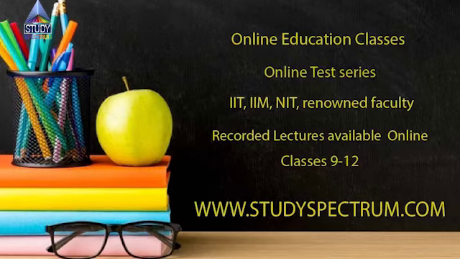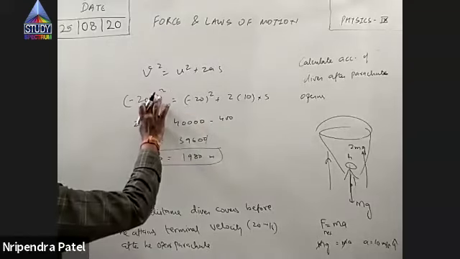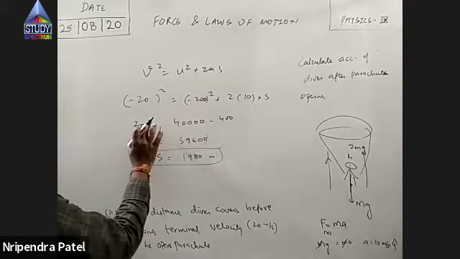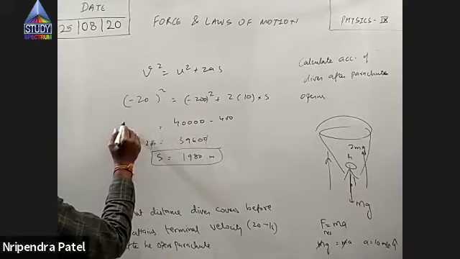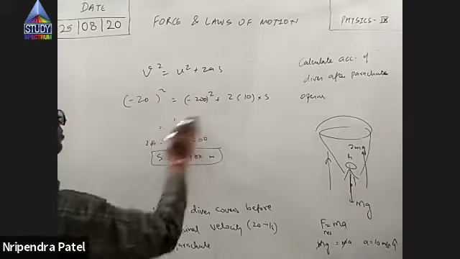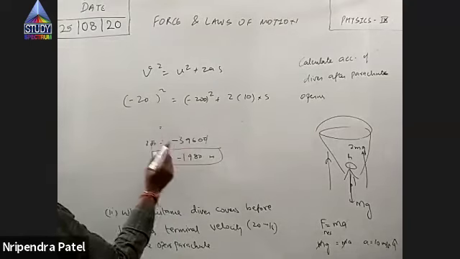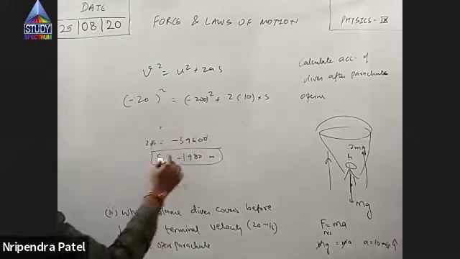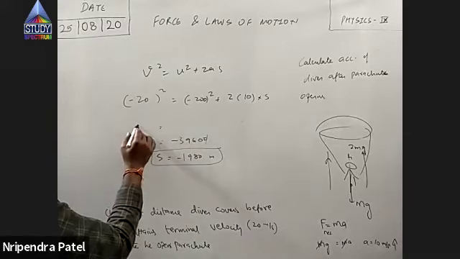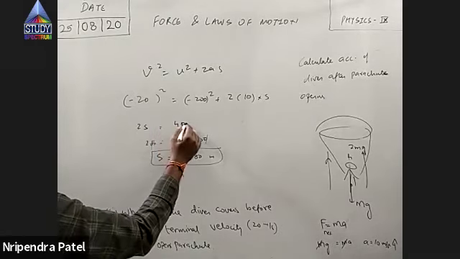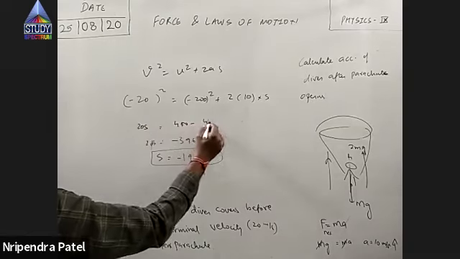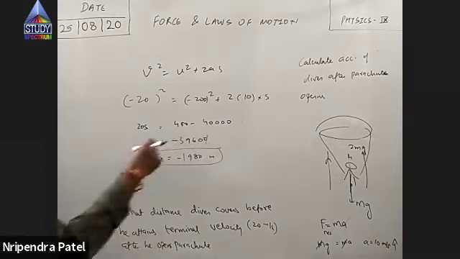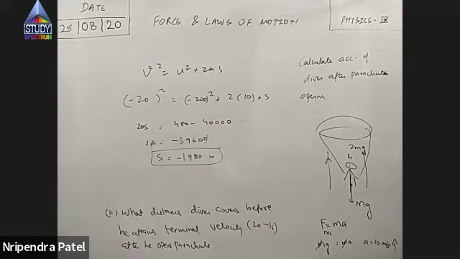No, actually I made a mistake in substitution. This is 20 squared and this is 2, so this is 400. That's why I got a positive answer. He's falling downwards, na? The displacement in downward direction is negative. So 2s is 400, so 20s is 400 minus 40,000, so minus 39,600. Okay. Chalo, I'll close this.